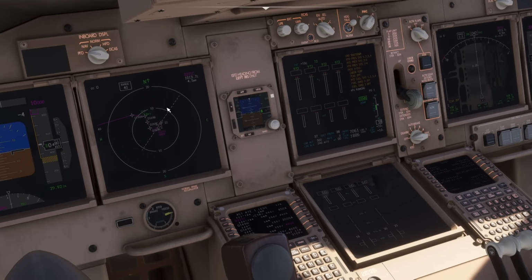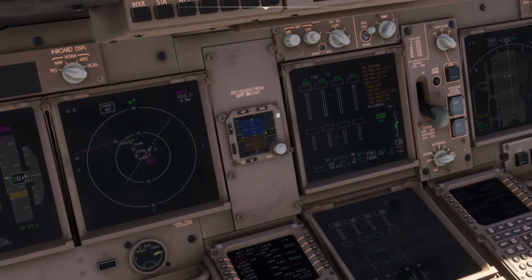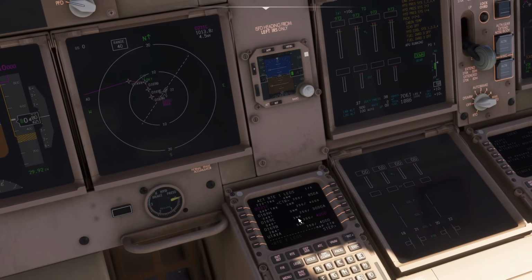So this centers the navigation screen on. We need to move the view here so we can see both screens. So we show the legs page